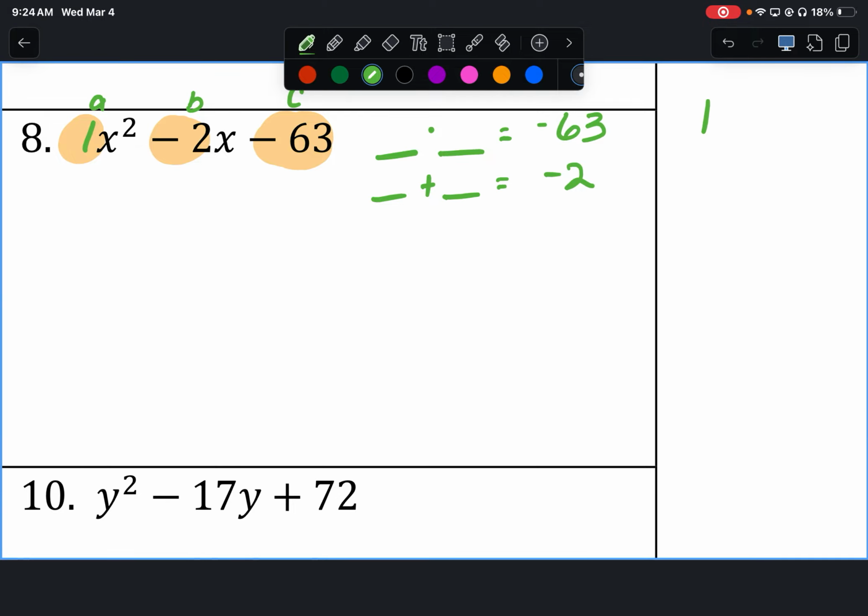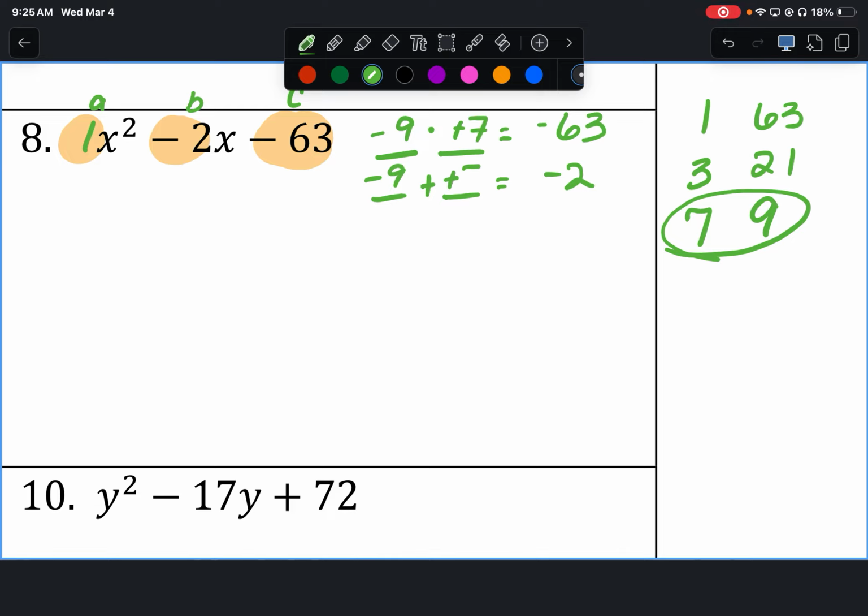Factors of 63. 1 and 63. 2 doesn't go in. 3 does, 21 times. Does 4 go into 63? What about 5? 6? 7. 7 goes in. How many times does 7 go in? It is 9. Okay, and that is all of our factors. So, which pair can I use? 7 and 9. What combination of them? -9,